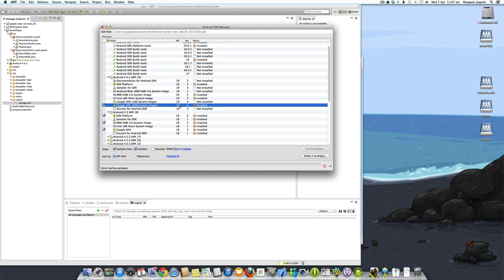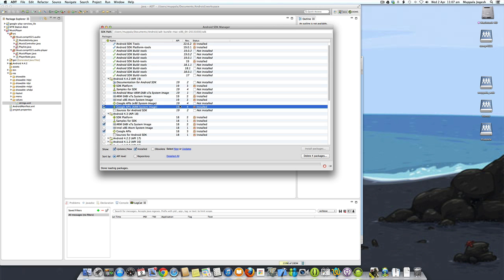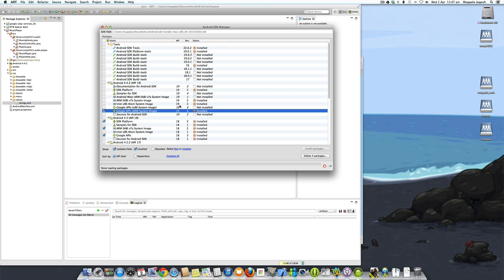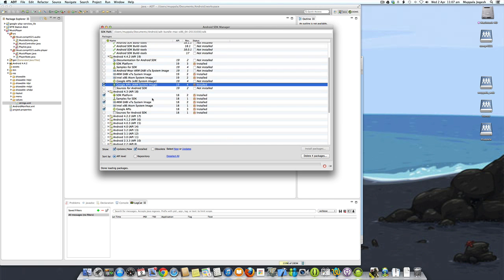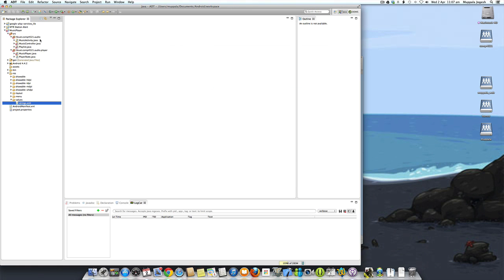So while you're at it, you might as well install it on the machines in the library. In the lab we have already done this installation, so you don't need to worry about this. After you have installed, I have already done the installation, so that's why you see them installed here. But you can go ahead and install those 4 packages, and then after that, we will create a new